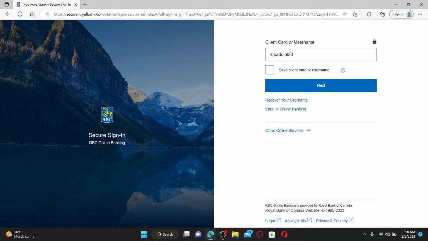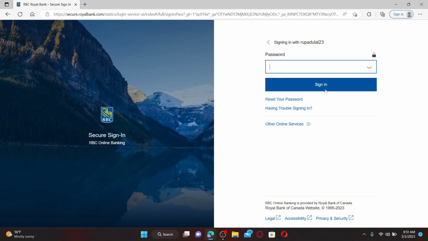After you type in your information, if you want to save the client card or the username on this device, check this little box beneath. If you don't want to do that for security purposes, make sure to leave this box unchecked before clicking on the next button. After you click the next button, you'll be taken to this page where it'll ask you for